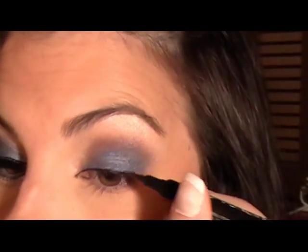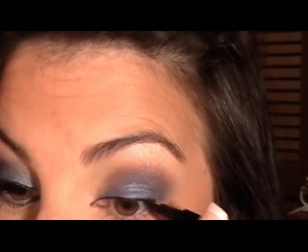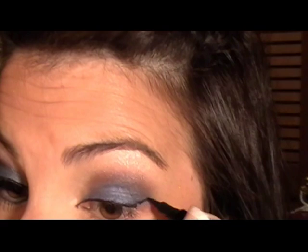For the outer part of the liner, basically this whole way I've just kept it close to the lash line, and you know, your typical thing. But once we get towards the edge, we are wanting to wing that out sort of along the lines of what's going on with the shadow, so kind of keeping it in line with that. I'm just going to take it up